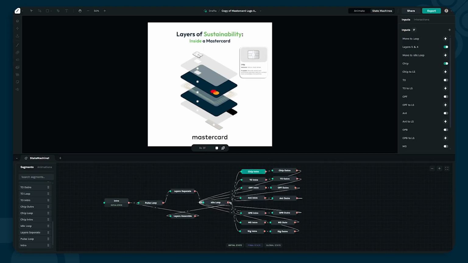So for each call out segment, I'm using a boolean to move into it. For example, this particular one, the cheap intro, I made a boolean called cheap. When that boolean is true, I'm moving into the call out segment for the cheap, which opens, and when it becomes false,